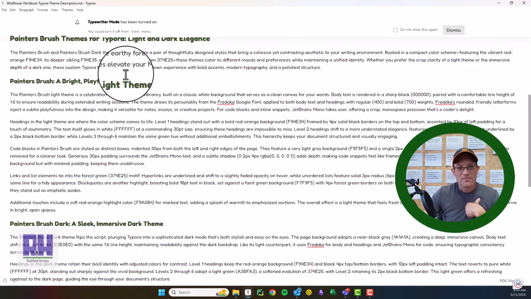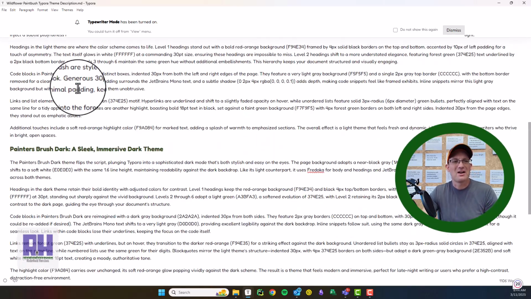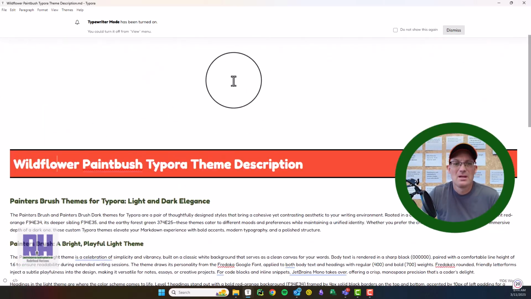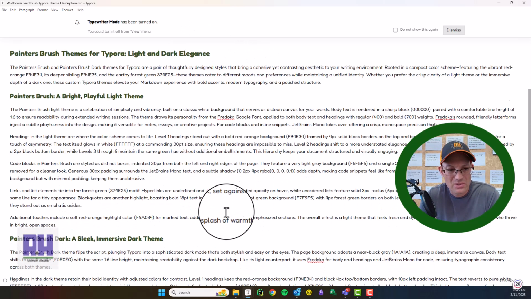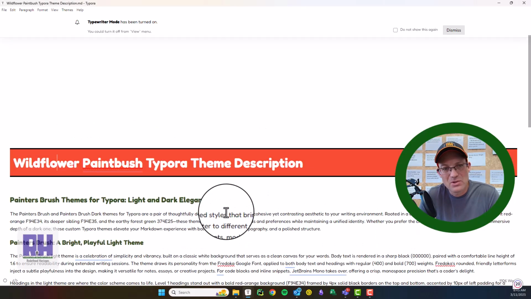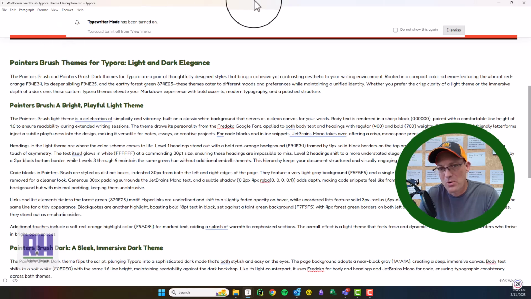So there you go. Now you know how to... that was 40 minutes. That took a lot longer than I thought, but gives you an idea of how you can create your own Typora themes using a tool like Grok, because Google Gemini completely choked. So you can take any image and your favorite Google web fonts and you can create a markdown theme for Typora, which is